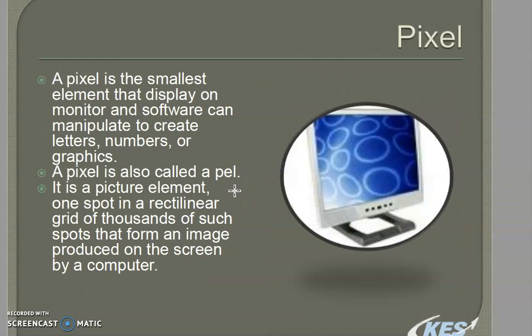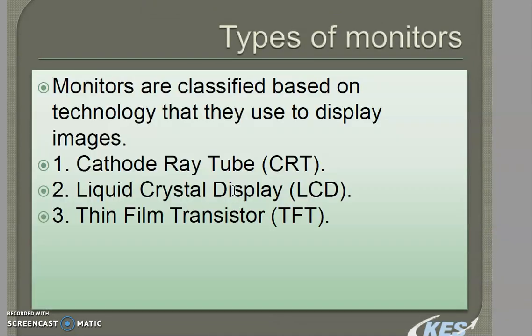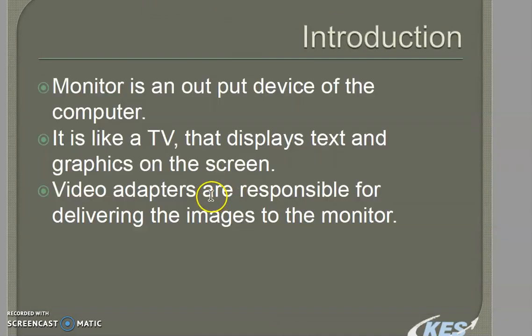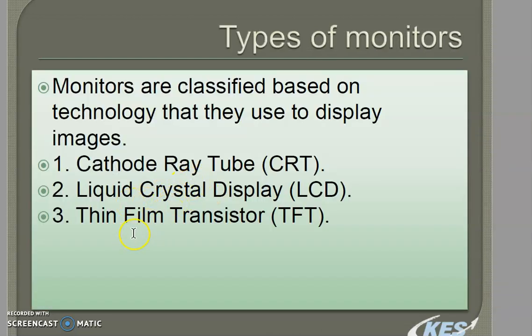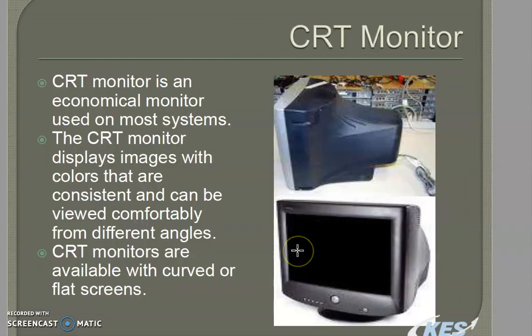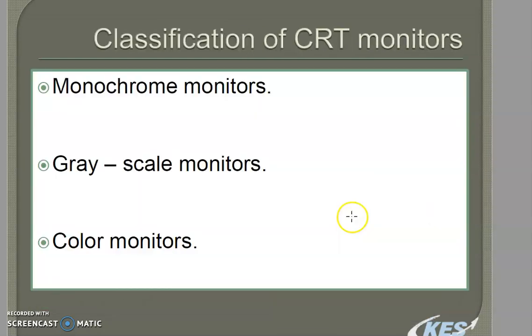So these are the different monitors we have seen. Let's see some highlights. A monitor is an output device. Which are the types? CRT, liquid crystal LCD, and TFT. CRT is like this one. CRT is again divided into three types: monochrome, that is black and white; grayscale, which means black and white but with grayscale shades, faint gray or dark gray, and the shades get created like that; and color, which you know works on red, green and blue technologies.